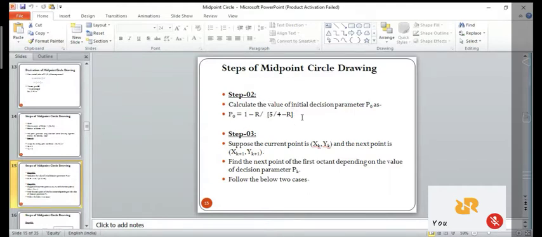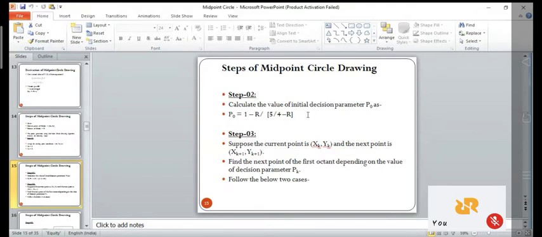So both are right. Now what happens is, if you are working on this formula 1 minus r, it is going to generate only integer values. And if you are working on this formula, that is 5 by 4 minus r, it is going to generate floating point values. So in that case you might require another column that is going to help you convert into the nearby integer value. So you decide which formula you want to work on, whether this one or this one.